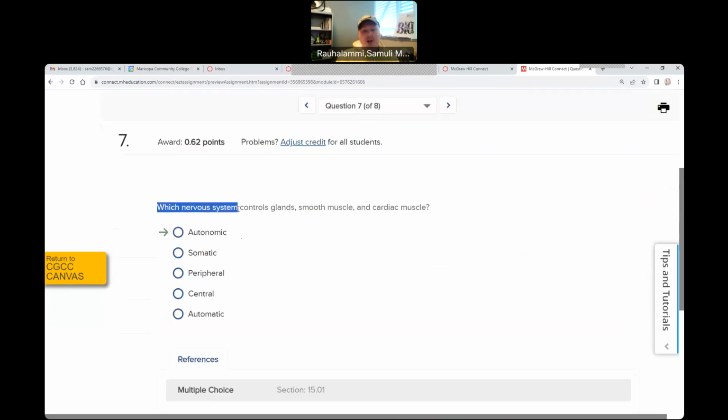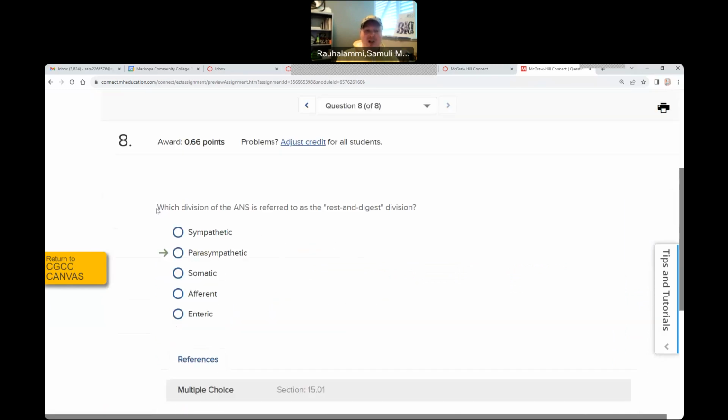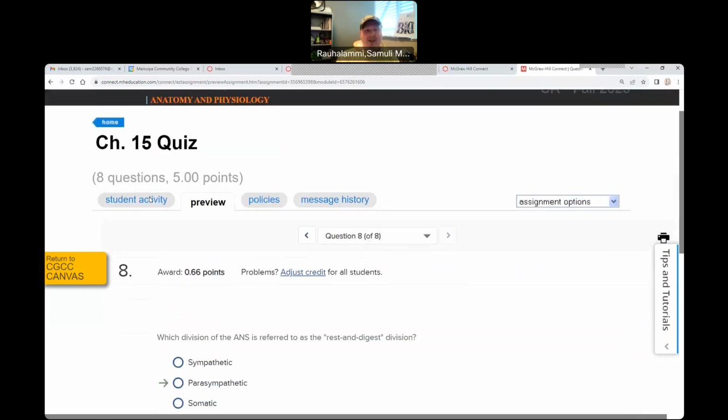Here's a question: which nervous system controls glands, smooth muscle, and cardiac muscle? Based on all that we learned, this is going to be our autonomic nervous system. Which division of the autonomic nervous system is referred to as the rest and digest division? Remember, that was our parasympathetic. Our sympathetic would be those fight or flight responses. So that gives you a